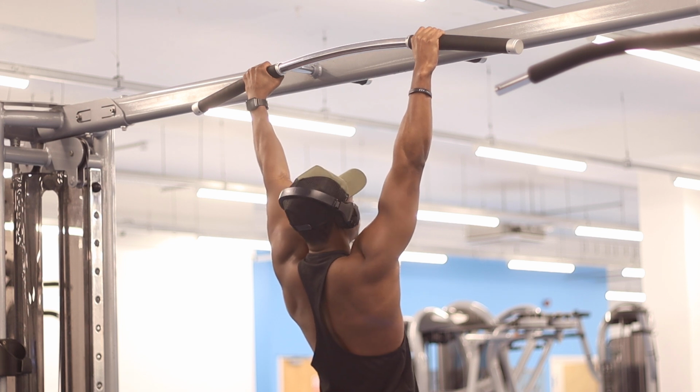So today I'm going to give you 2 exercises that you can do right now to improve your posture immediately. Number 1 is a very simple exercise that you can do, and it is called the dead hang. Now the dead hang is a very simple exercise where all you need to do is just hang from a